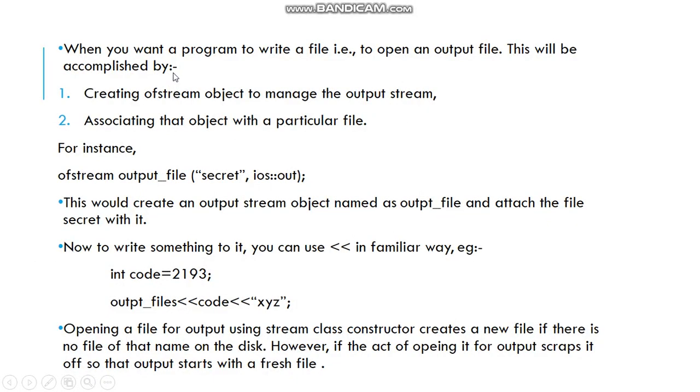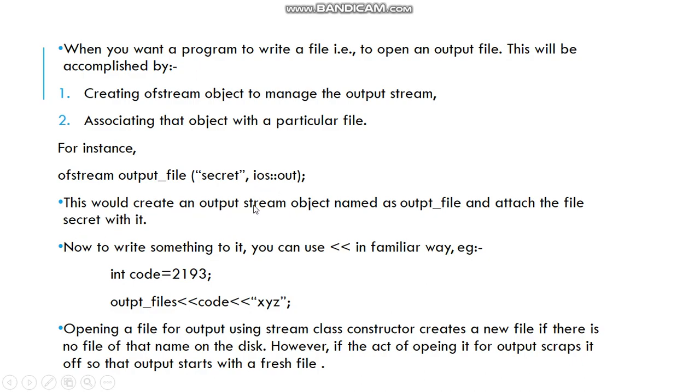The next is when you want a program to write, that is, to open an output file. This will be accomplished by first creating an output stream object to manage the output stream, and second, associating the object with a particular file. For instance, we write ofstream, which is a keyword, then outfile, then again in the parenthesis you write "secret", any string over here, comma, and then ios, scope resolution operator, and out, with a semicolon at the end.